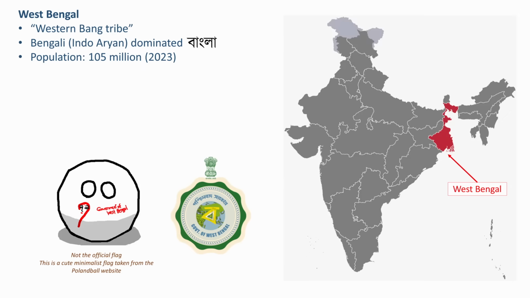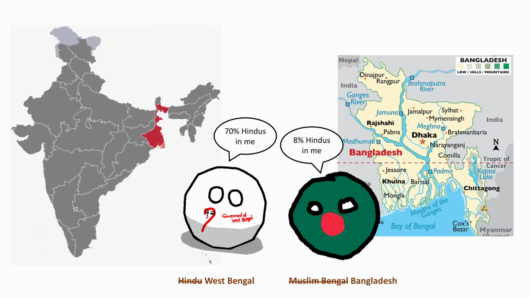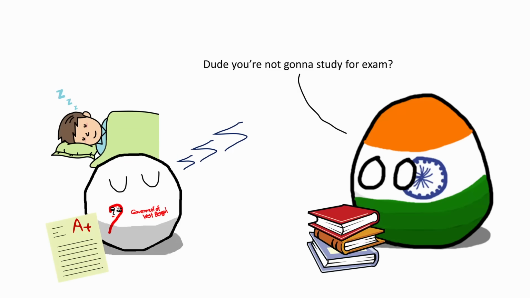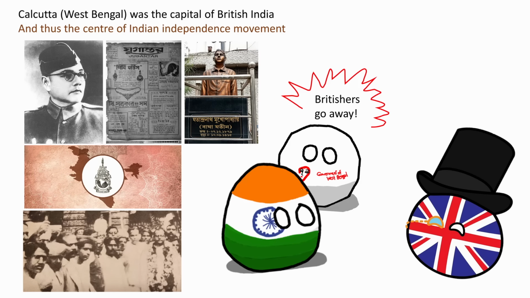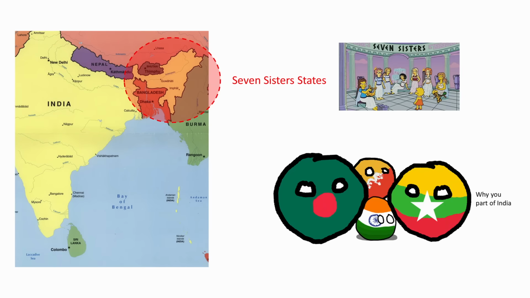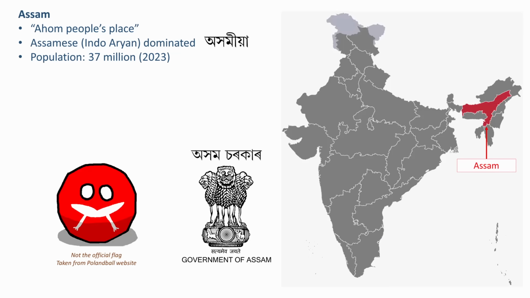Right next to Odisha is the Bengali-speaking West Bengal, Bangladesh's twin brother who happens to be more Hindu, more gays, stereotypically smart but lazy, fish, and the ideological center for the Indian independence movement. This weird chunk of Indian land squeezed between other countries is known as the Seven Sister States, which include the